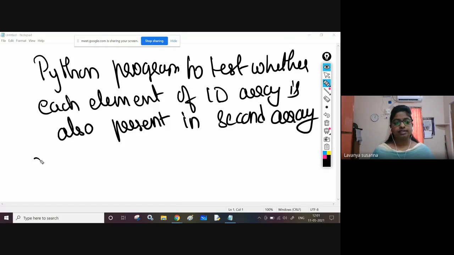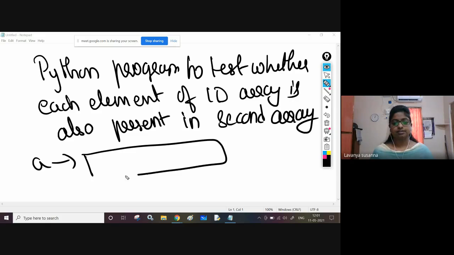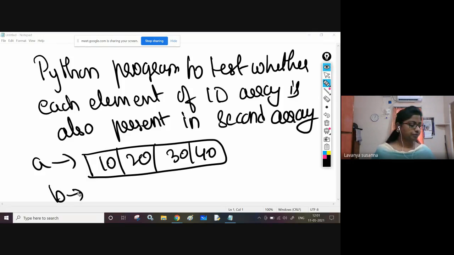What is the input? Let us take two arrays like this. 10, 20, something like this. Let us take B. Once again, see the problem statement. I am going to erase it. To test whether each and every element of an array is also present in the second array or not.